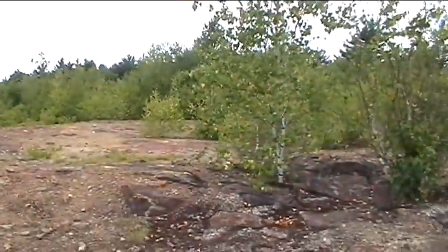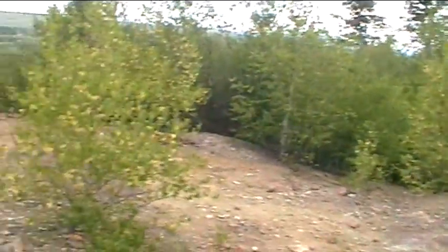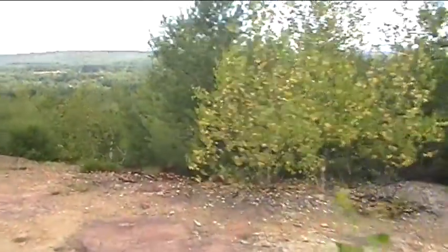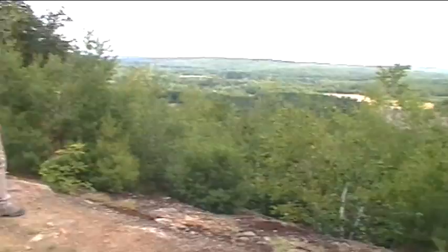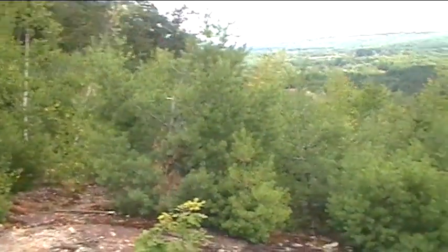It looks like we're at the top. You really can't go higher than where we are. I know after a certain height, it's pretty much all rock here in New England. Trees won't grow roughly around 3,000 feet, 4,000 feet. They kind of stop. I know we're not that high, but...